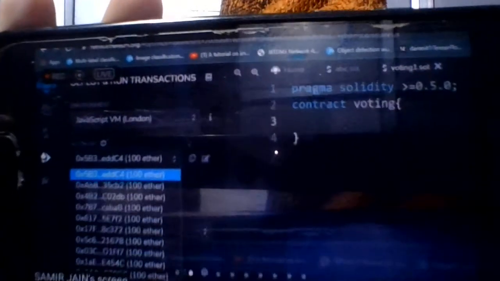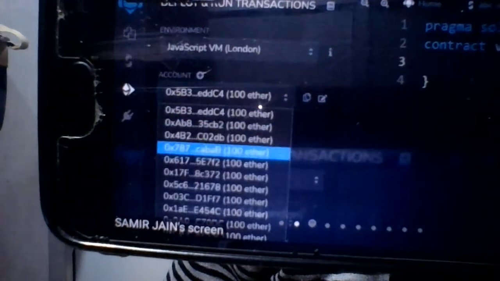Any one of these addresses will be the moderator of that contract. So for defining the moderator, we have to take an address. This address will be given to the moderator who is defined over here.